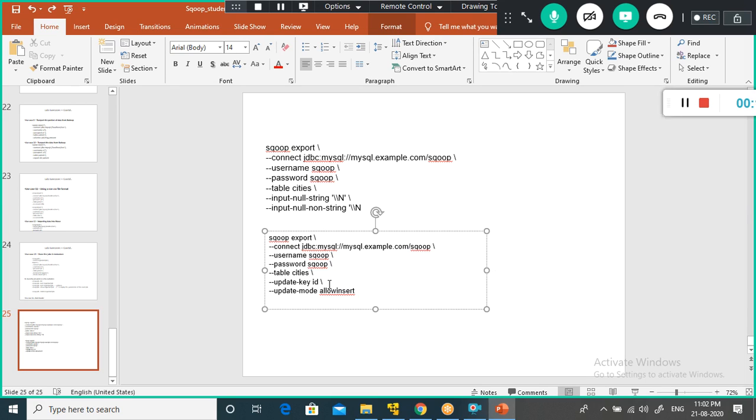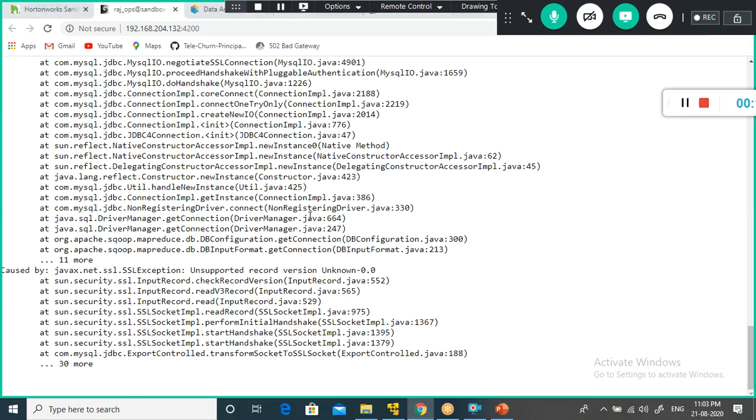If the ID is not already there, then you can insert the record. That is what it says. But anyhow, I will recheck. Here he mentioned the update key, that's the reason I got confused.